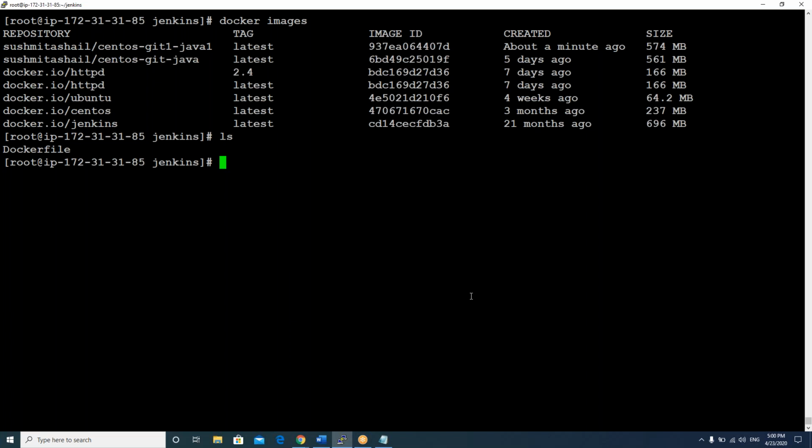So when I build a container with this new image, I'll get that file also in my container. How can I do that? First of all, you have to place whatever file is given by Shravani or your application team into the same directory where you have your Docker file.